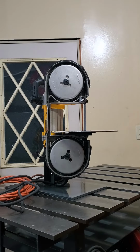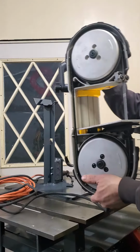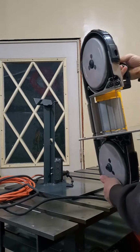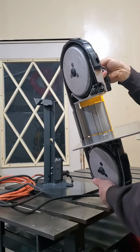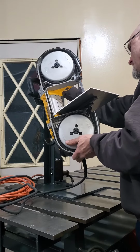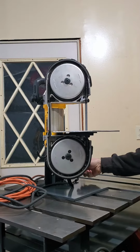I thought maybe I'd show my version of a DeWalt portable bandsaw stand that works pretty good. All you have to do is pull it off, and of course you want to take the table off if you found it to be in your way, but it all just hooks right back up just like that. And